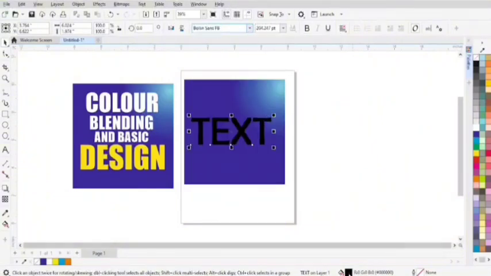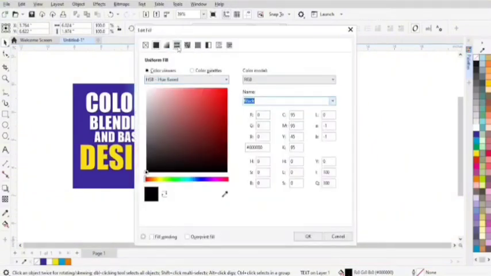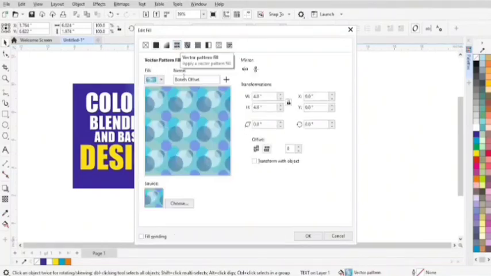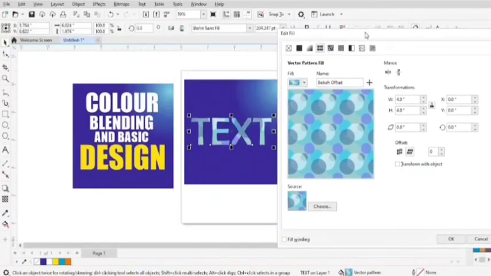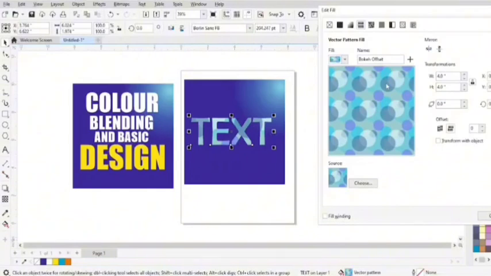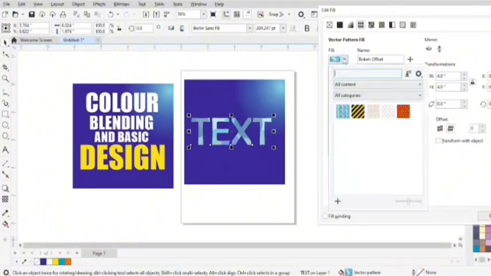So let's go to fill, go to vector. Once you tap it, it will show. So I can change my vector based on